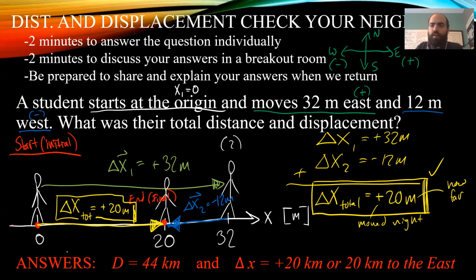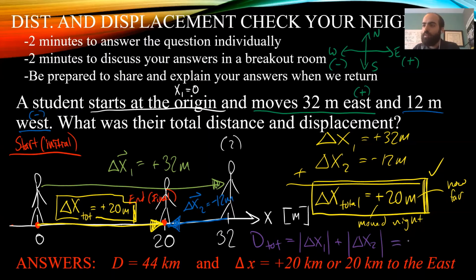And if you want to find the total distance, what you're going to do is you're just going to add all of the individual distances. So the first distance is the magnitude of the first displacement. The second distance is the magnitude of the second displacement. If we had more displacements, then we would add those on here to find the total distance. But since we only have two terms, we're just going to do the magnitude of the